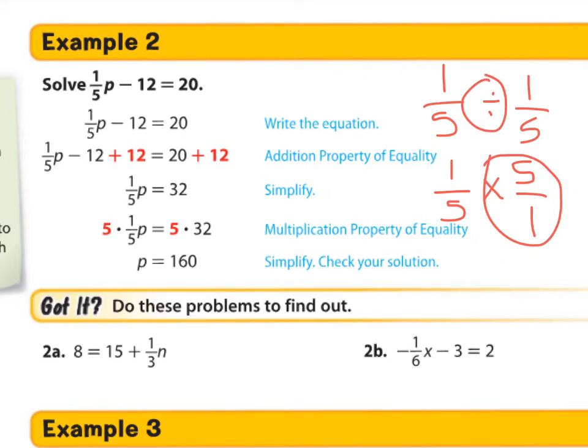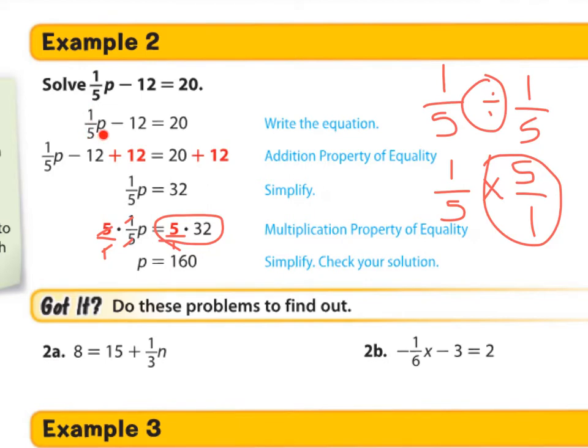And you can see they did that here. See, this 5, this is technically 5 over 1, right? So these cross over, they cross-reference, and on this side you're multiplying 5 times 32, so p equals 160. And that makes sense, because 1/5